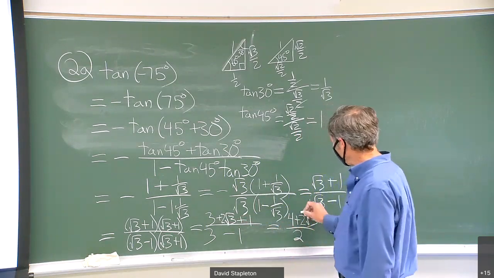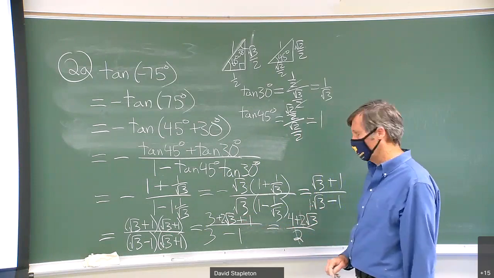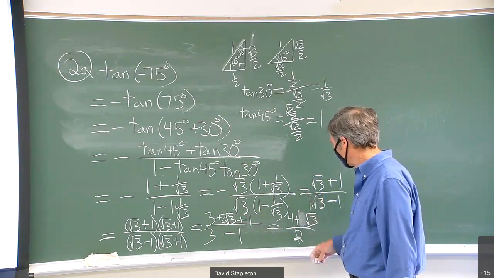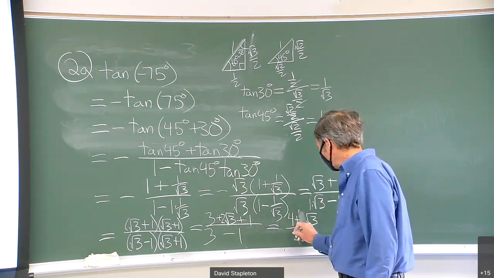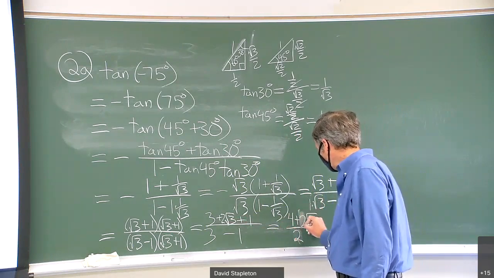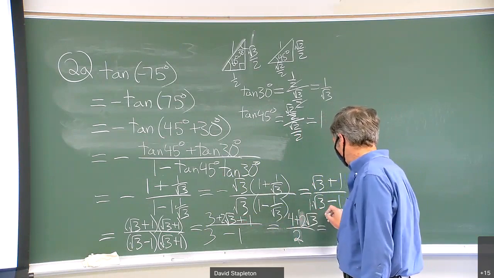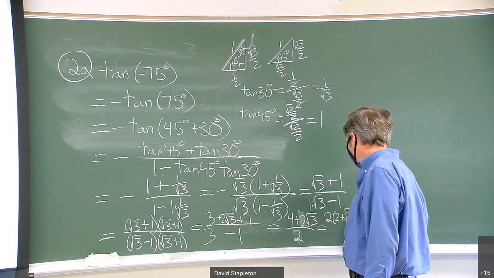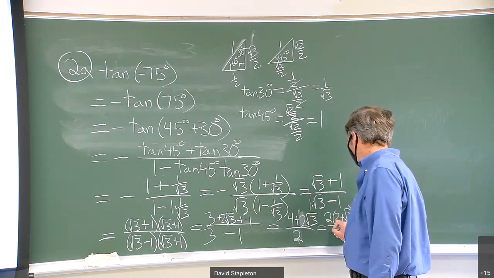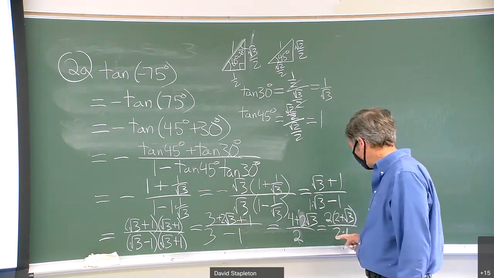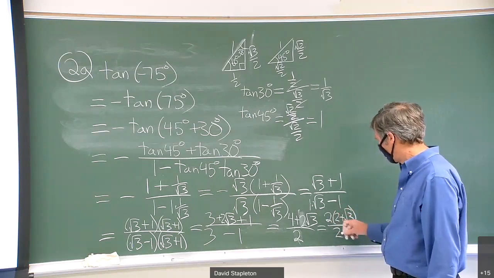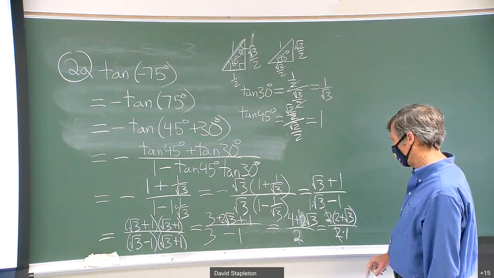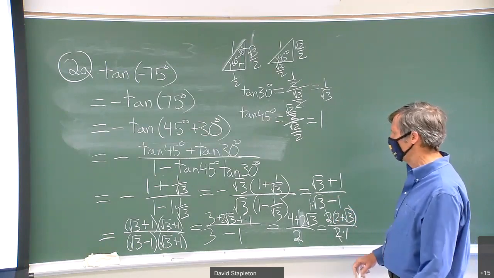And there's a temptation to cancel your 2's or something. They don't cancel, right? You don't cancel terms, you cancel factors. So I'm going to rewrite this by factoring 2 out of the top, right? This is twice 2 plus square root 3 on the top, and twice 1 on the bottom. Now 2 multiplies the whole numerator and the whole denominator. I can cancel it. And evidently this comes out to be 2 plus square root 3,